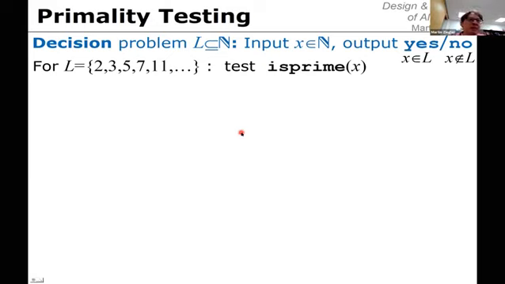Its running time depends exponentially on the length, polynomially on the value, but exponentially on the length. So that's why people have looked for more efficient algorithms, and so a more efficient algorithm actually has been found,